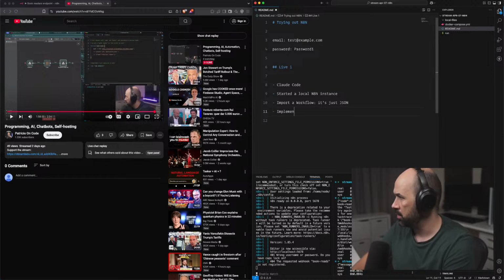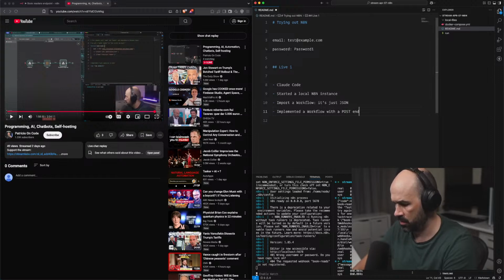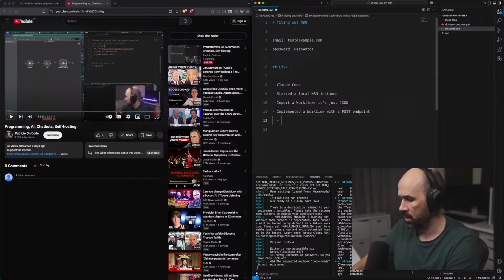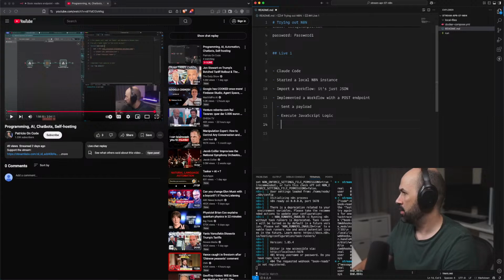So we implemented a workflow with a post endpoint, right? We sent a payload, executed some JavaScript logic, and depending on that, we accommodated the response.